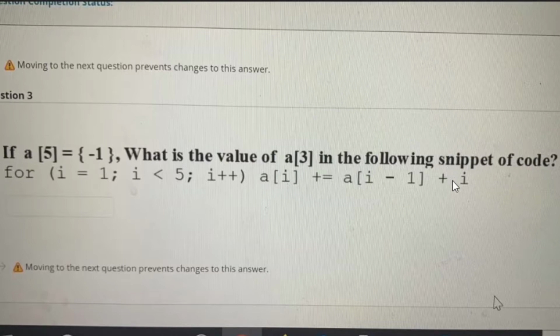So this statement means that the value present at the position a[i-1] is added with the number stored in the variable i, and then the product of these two, and the result of this addition is added to the previous value that was stored in the position a[i], and then the final result is stored here.